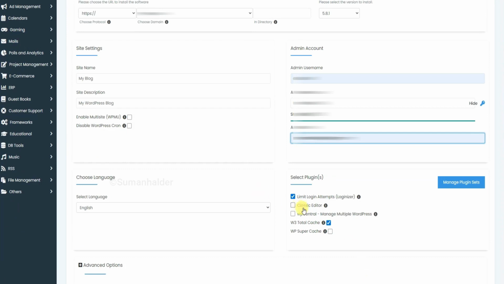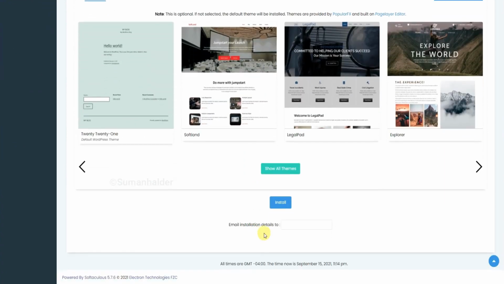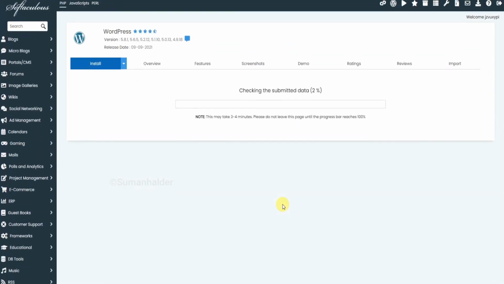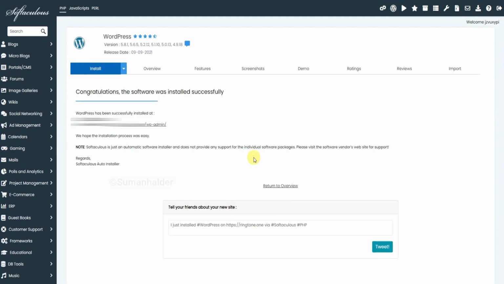Scroll the web page and click install. As you can see here, it is installing WordPress. After completing the installation, you can go to your domain name /wp-admin section.